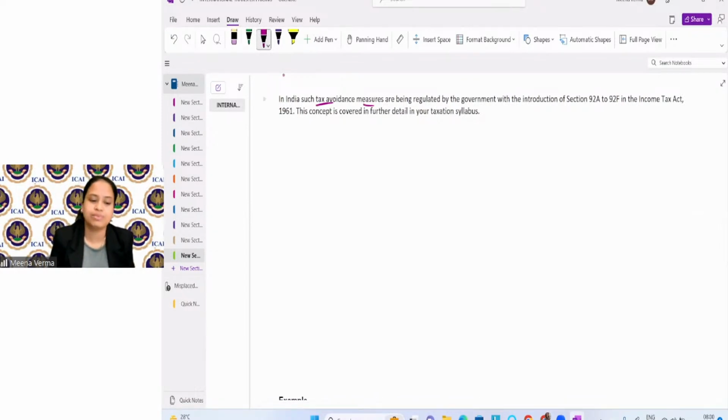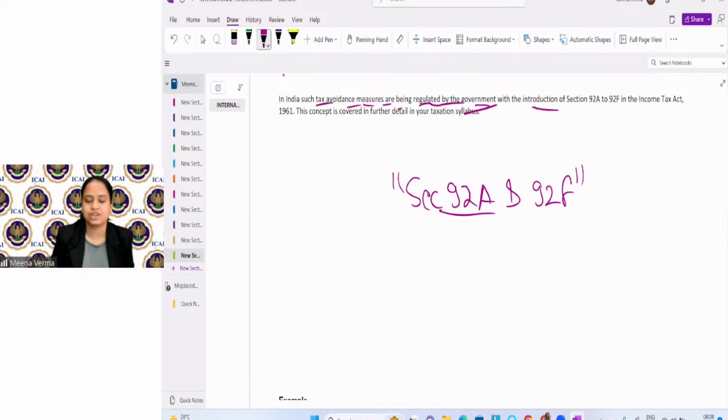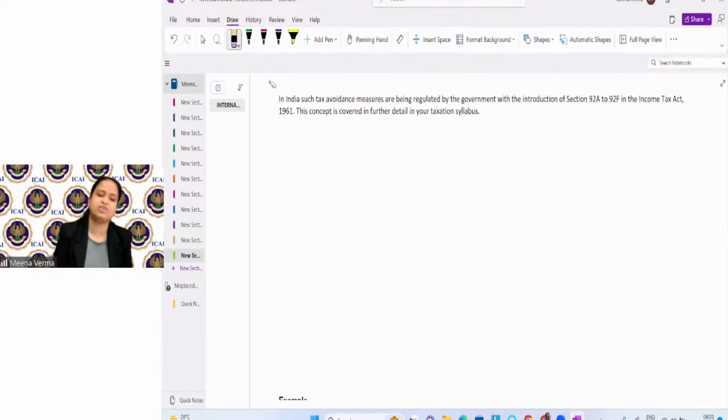So in India, what happened? Such tax avoidance measures are being regulated by the government. It's been regulated by the government with the introduction of what? Section 92A and 92F. So by the introduction of these two sections, section 92A and section 92F, CA final, you must have studied